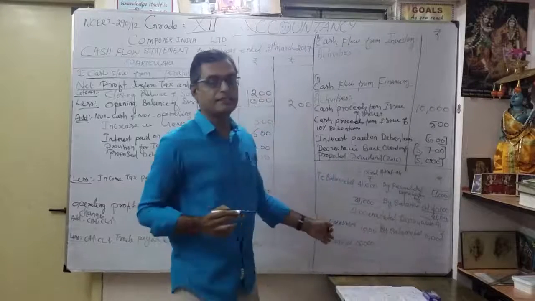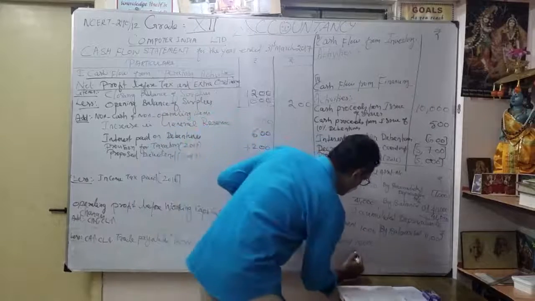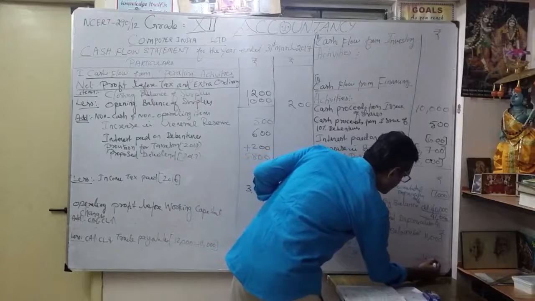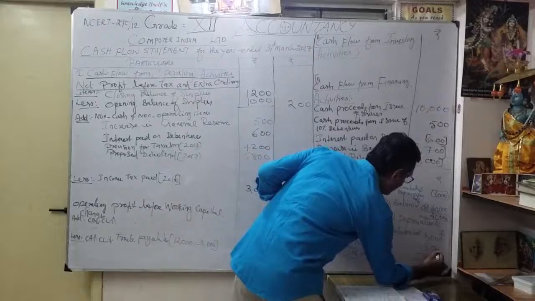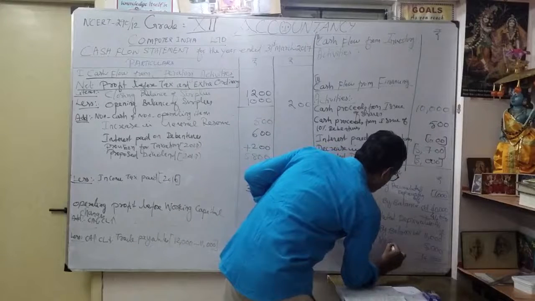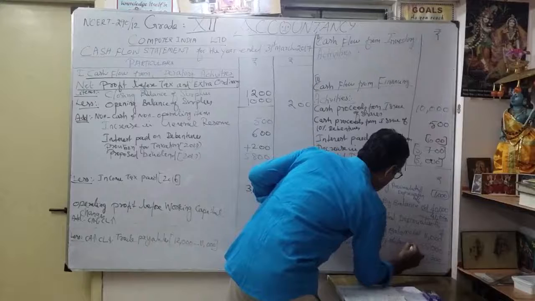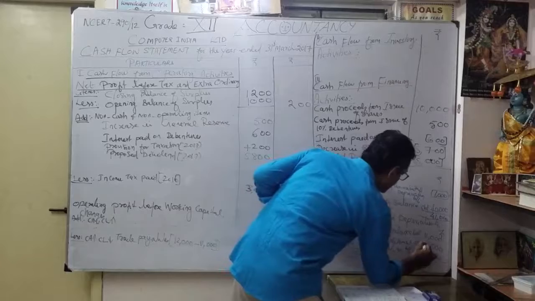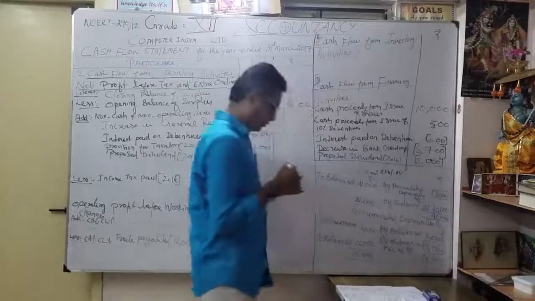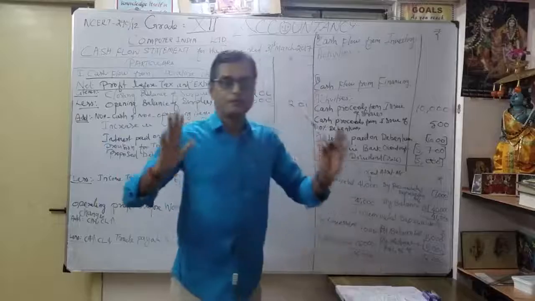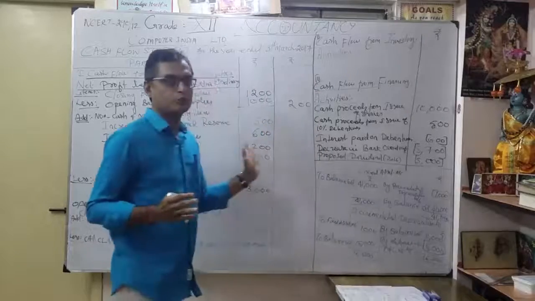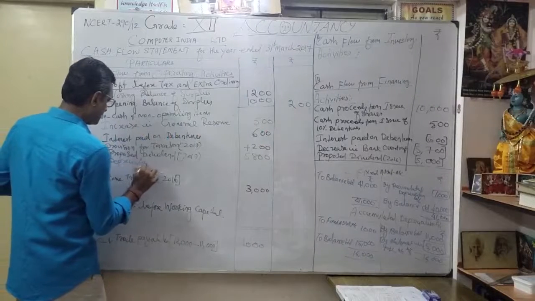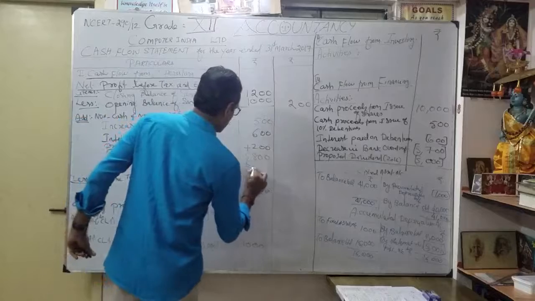Okay. Now which side is greater, the debit side is greater. Now it becomes 16,000. So here also 16,000. So what's the difference? The difference is 5,000. That is called by statement of profit and loss account. This is called the balancing figure. Always put down like this. So understood? This 5,000 is our depreciation for the current year. Where am I going to show it? I'm going to show it here. Depreciation, 5,000. Have you understood?